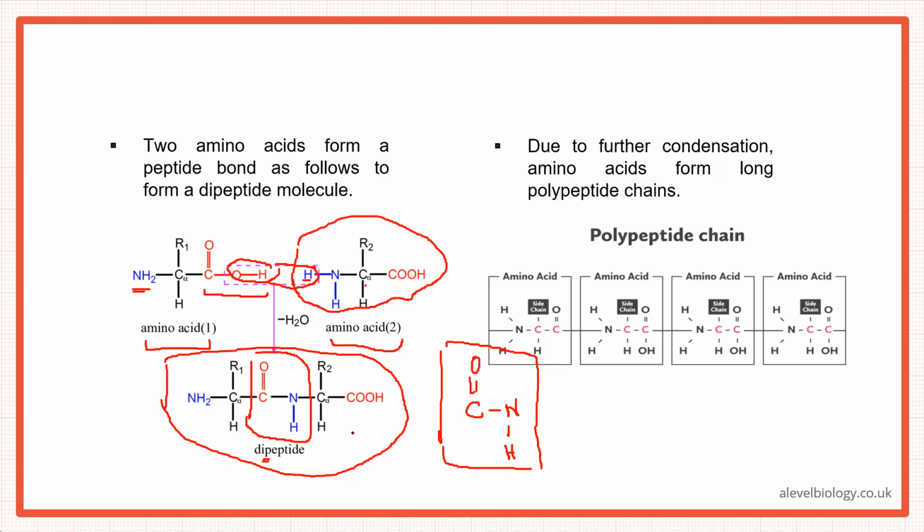Is it clear with you? Okay, so remember, from NH2 one hydrogen will be removed, and from the carboxylic group the OH. So these two join to make the water molecule.